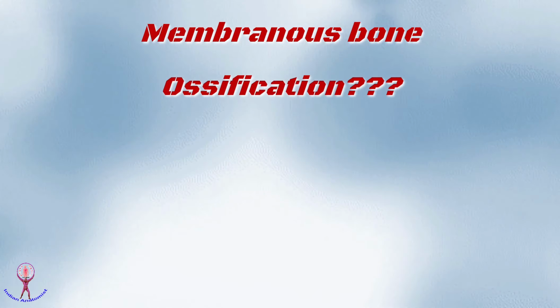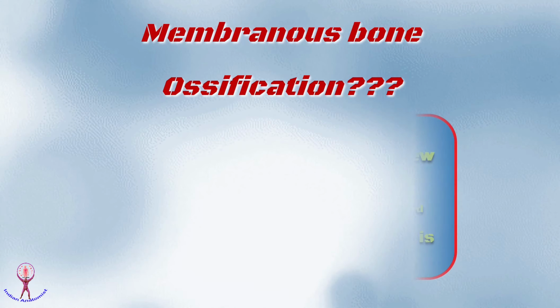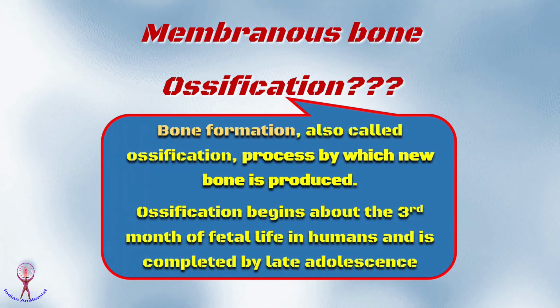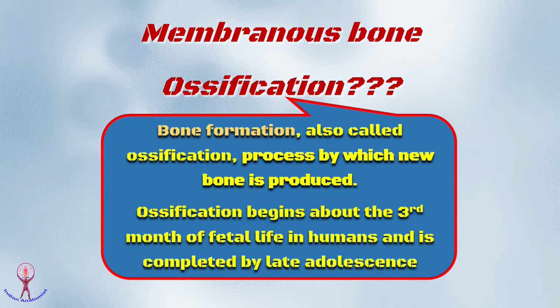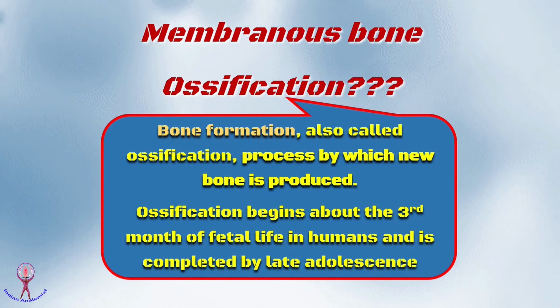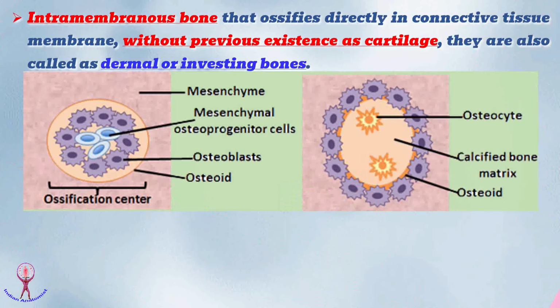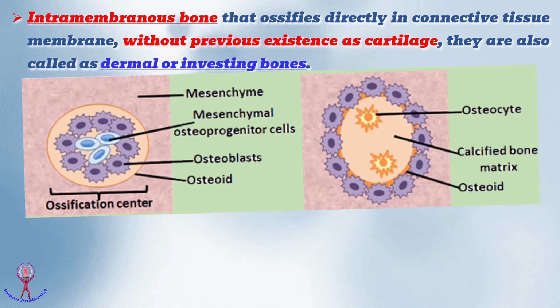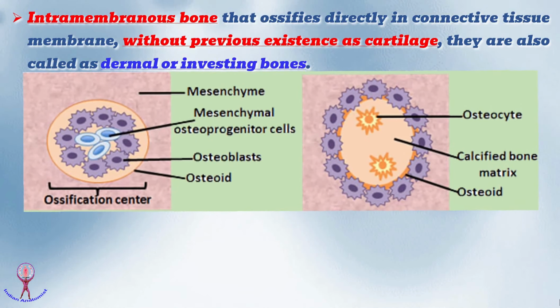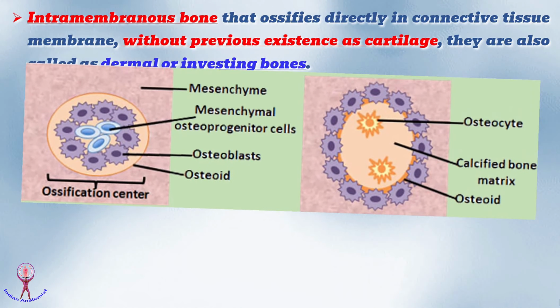Before that, you should know about the term ossification. Now, what is ossification? The bone formation, also called ossification, is the process by which new bone is produced. Ossification begins about the 3rd month of fetal life in humans, and is completed by late adolescence. Intramembranous bone ossifies directly in connective tissue membrane, without previous existence as cartilage, and they are also called